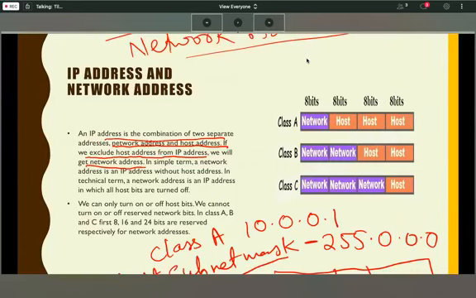If I have all 8 bits as 1, this is the binary value, and the decimal value will be 255.